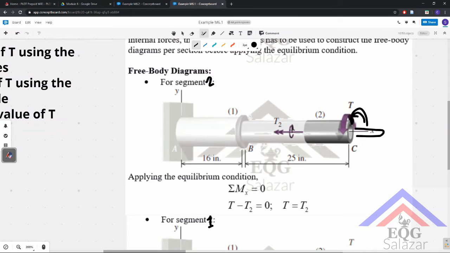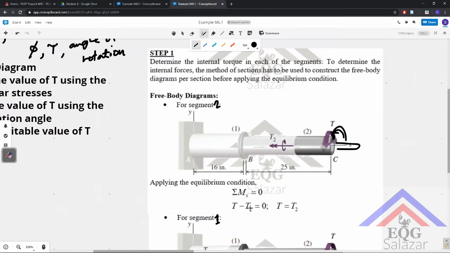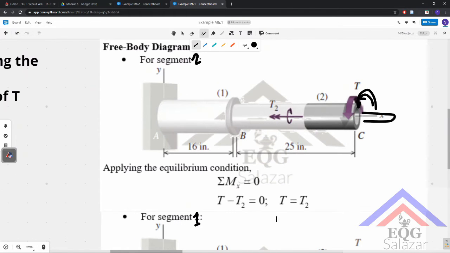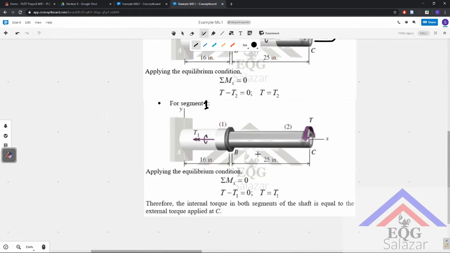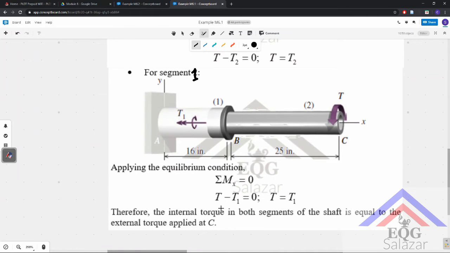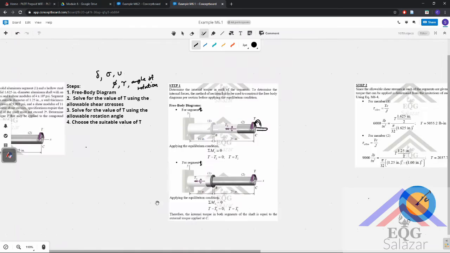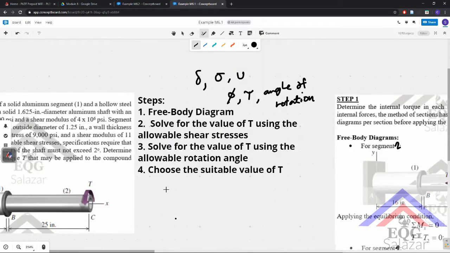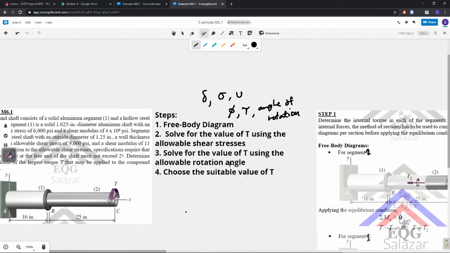All right, now since T2 is going in the other direction, it is negative, and therefore we figured out that T, or the applied torque, will just be equal to the internal torque. All right, and the same thing goes for segment 1. So we know, therefore, that the internal torque in both segments of the shaft is equal to the external torque applied at C. So having done step 1, we can then solve for the value of T using